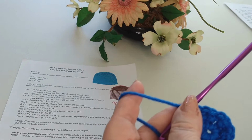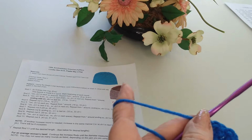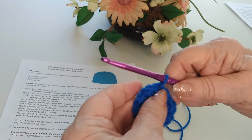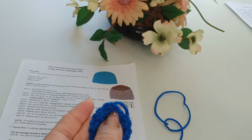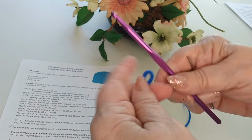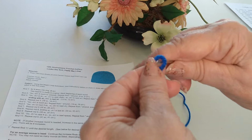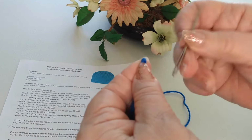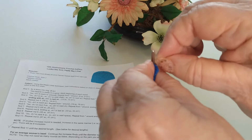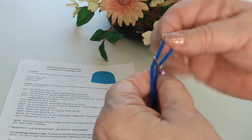Now, if you want to, I'll show you a way of closing off, which is pretty good. I'll show you how to get that finished. You just bring your thread out of that, and then you tighten your needle. Let me get that tight. And then you thread it. And then you